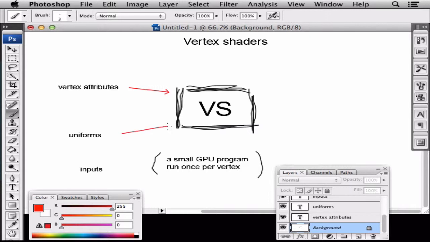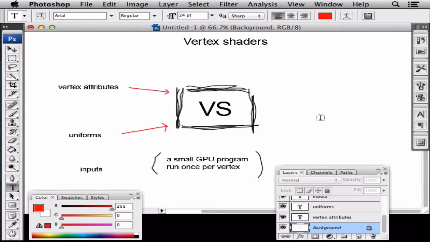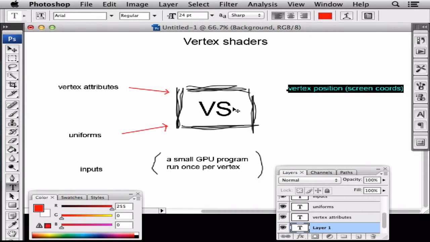So that goes into the vertex shader. I mean, the vertex shader is a program, so it's some code that you write. That's inside the box. And what comes out, we call that vertex position, that's the most important, and that is in screen coordinates. So the object is defined in object coordinates, we call it. We want local coordinates to the object, so we can draw an object anywhere in the world and orient it in a certain way. That transformation is done by the vertex shader,